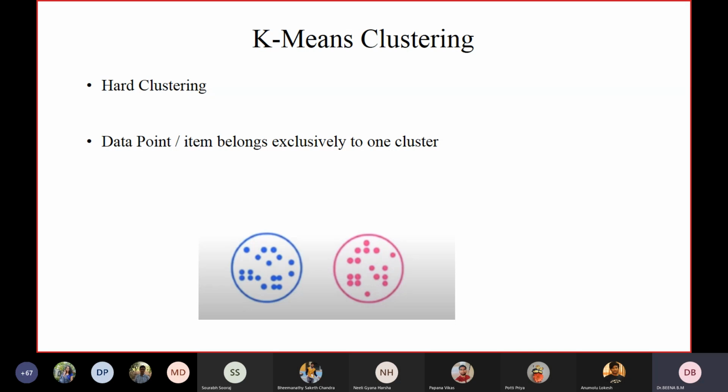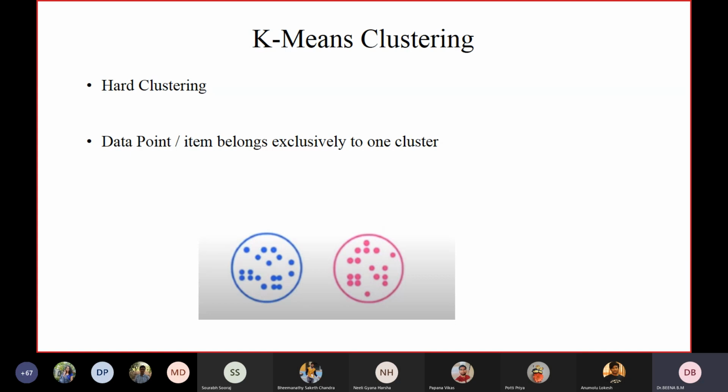This is a very standard classification problem, and it is highly suitable for applications that have very few features. It cannot handle larger data sets.